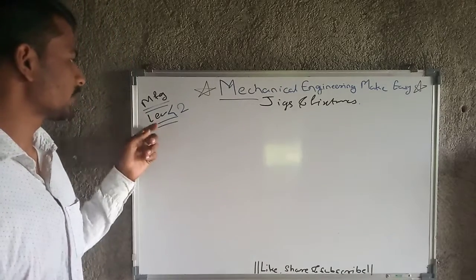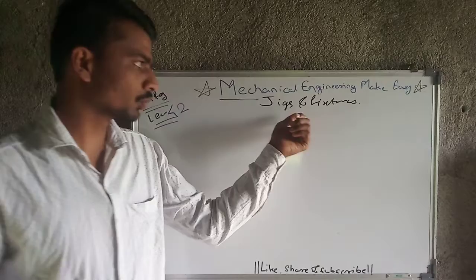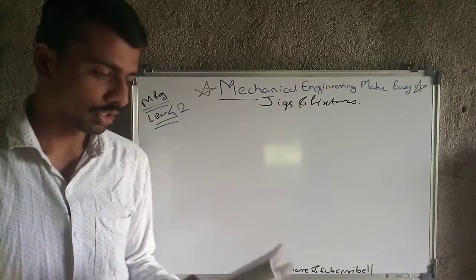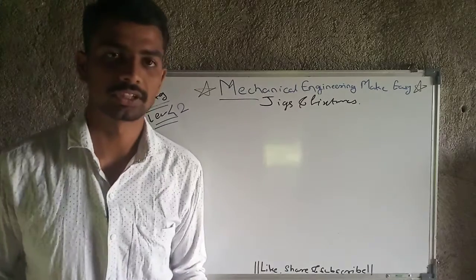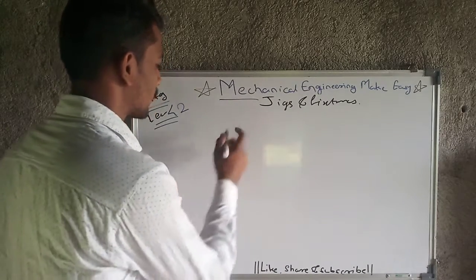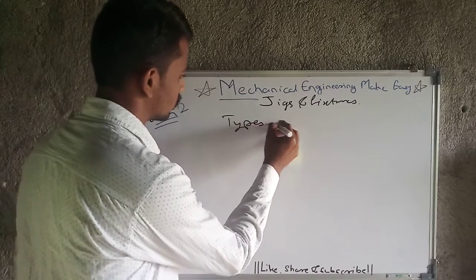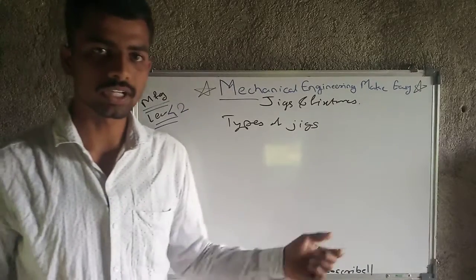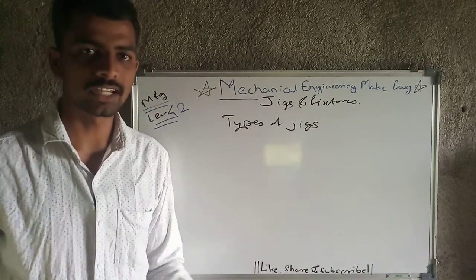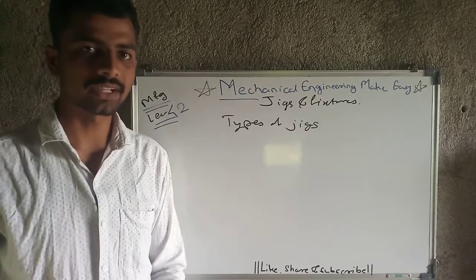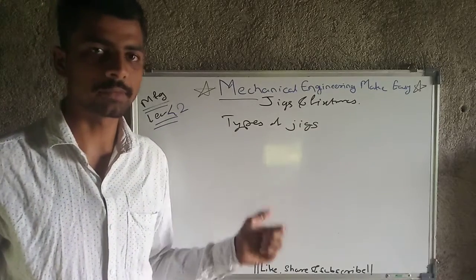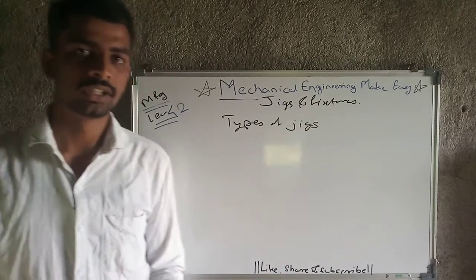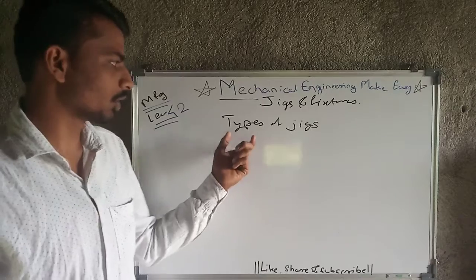We are moving with manufacturing. This is the 42nd lecture, and in it we are also moving with jigs and fixtures. So today we are going to discuss types of jigs and types of fixtures. Firstly, we will look at different types of jigs, because for different operations and different shapes of workpiece there will be a different jig. So according to the operation we have to perform, we have to select the type of jig. That is the basics of types of jigs.